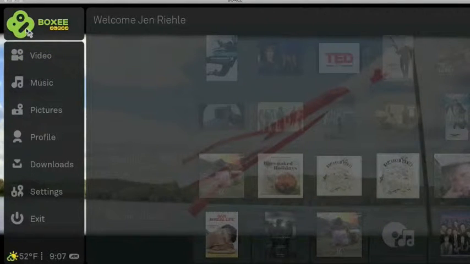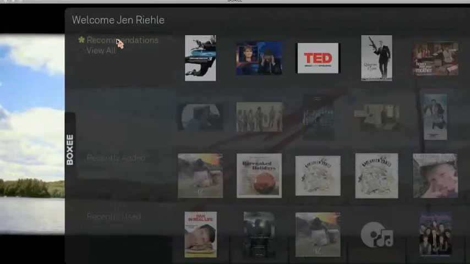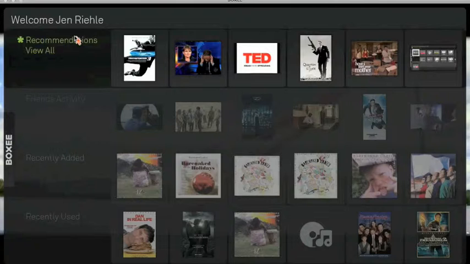Boxee is a media center software, and it's been developed right now for the Mac and Apple TV and for Linux machines. There's sort of a Boxee Alpha out for Windows, but it's by invitation only right now, so we won't go there. So Boxee is a little bit unique in that, number one, it utilizes its network extremely heavily, and